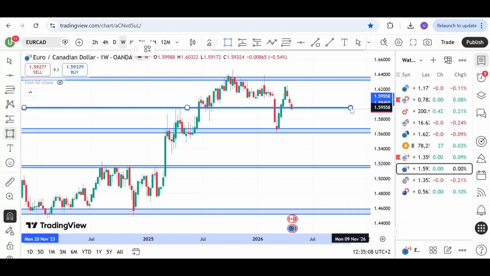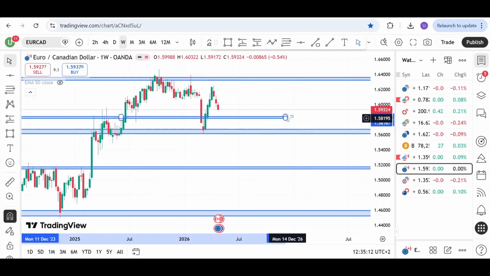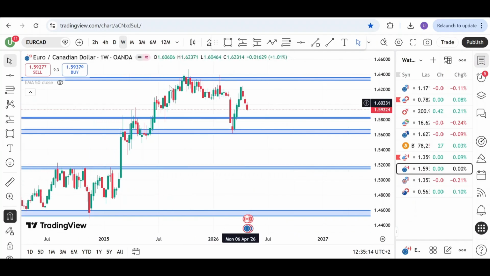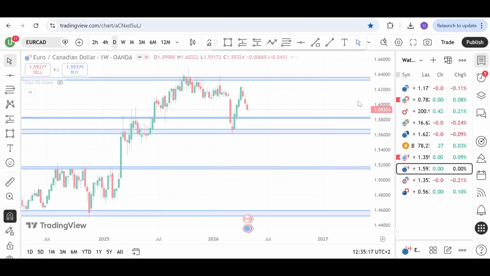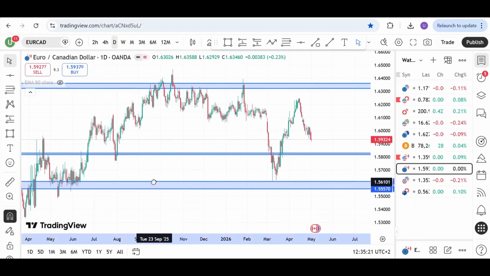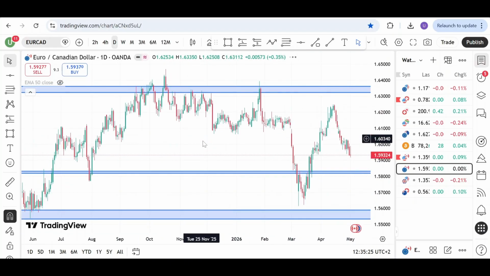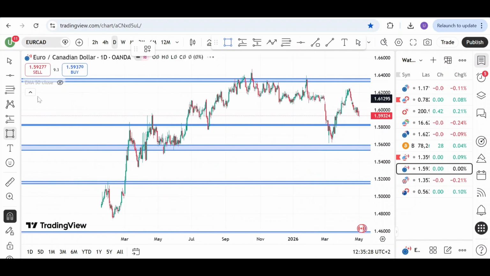Here there is a level here. It's not a strong level, but there is a level here. Look at the daily time frame. What's going on with this level which I'm talking about? This is the level which I'm talking about here. So this is a daily